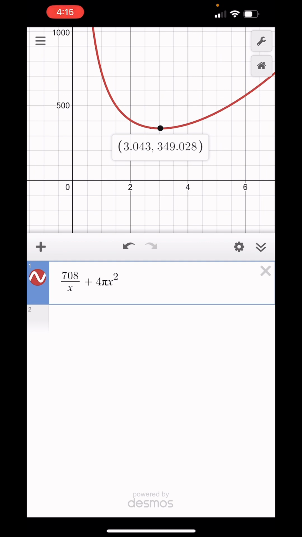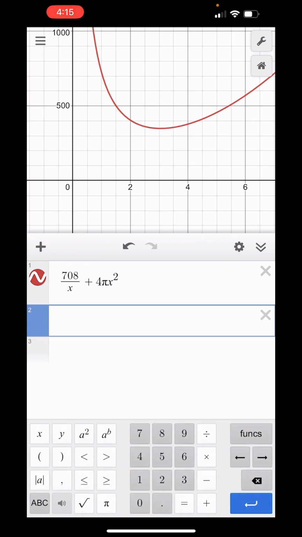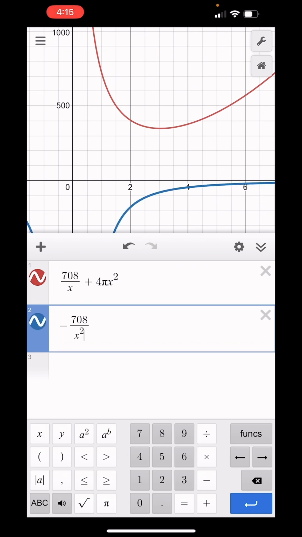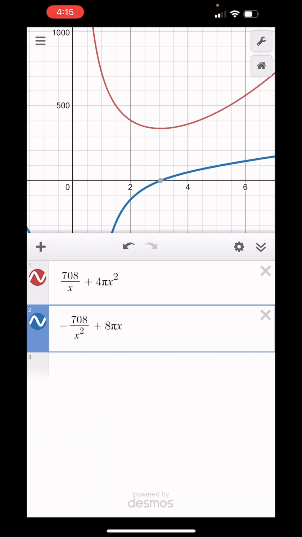But if we go a little further and actually show what the derivative gave us, which is negative 708 divided by r squared, I'm using x again, plus 8 pi r, or x I should say, then touch that point and you can see it's also